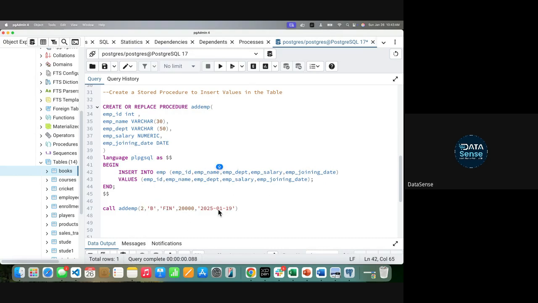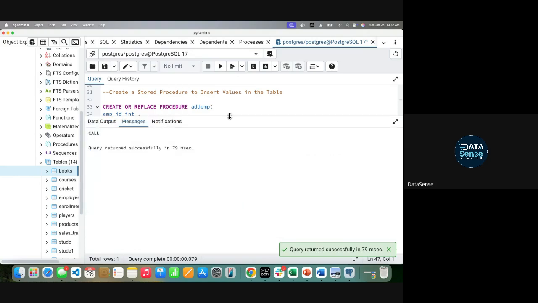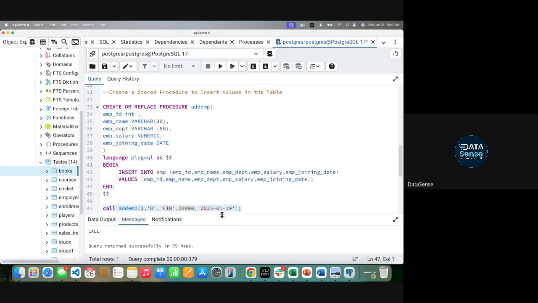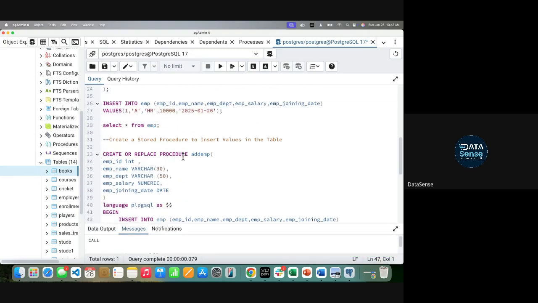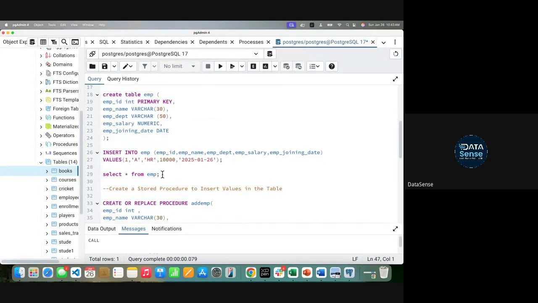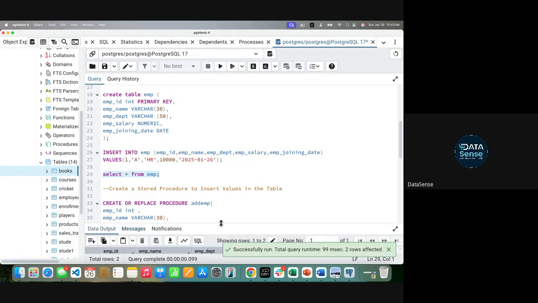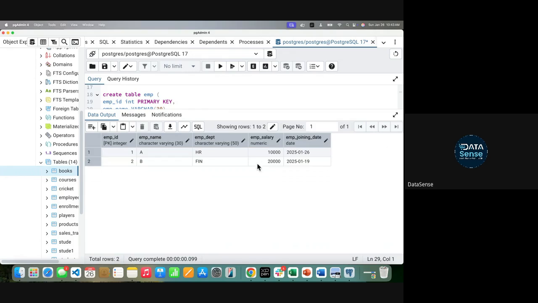So I've entered 5 parameters, right? Now I will simply run this call command. Once I run this, it returns successfully. Now there should be a row in my table EMP. Agreed? Yes or no? Yeah, now let's see. There's a row in my table.